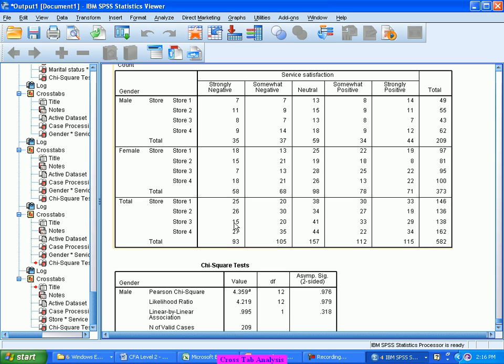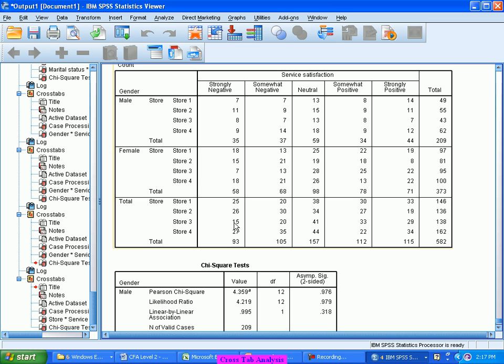So probably at least 20% of them say they are very much satisfied, 40% of them say we are okay. Is this percentage proportion uniform across all the stores or not? If it is not uniform, it means there is some store which is either getting more positives or getting more negatives. That should be our analysis. So initially I will try to do only store versus satisfaction level. If it says uniform, then probably I will start digging deeper. Okay, overall it is uniform, but gender wise is it also uniform?